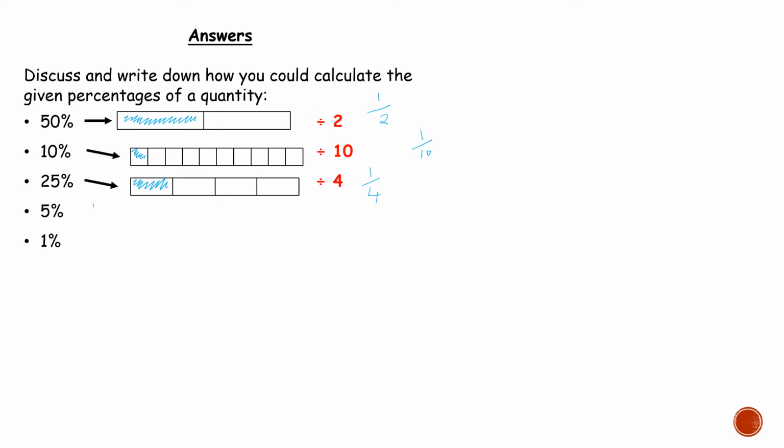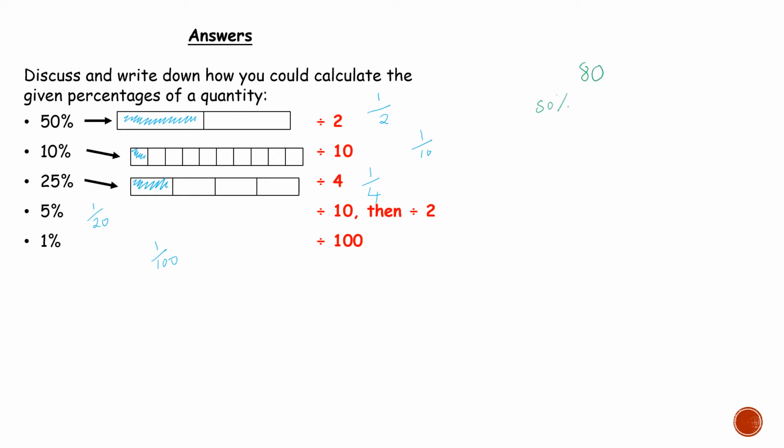So with our 5%, we simplified it down to 1 over 20. So you can divide it by 10 and then divide it by 2. And if you're after 1% of something, which is 1 over 100 as a fraction, we're going to divide it by 100. So if we do a quick example here, if I have the number, let's do 80, so 50%